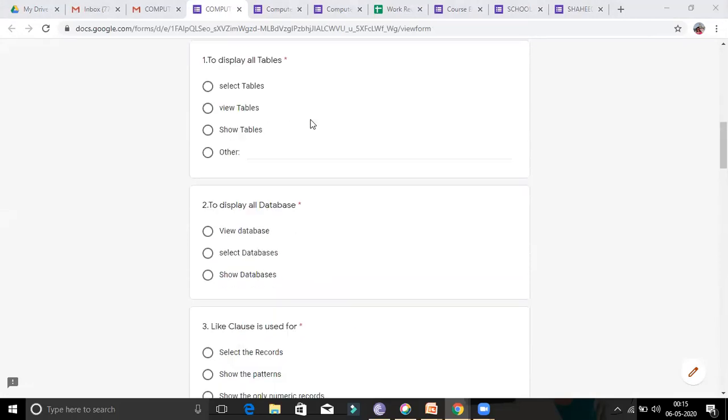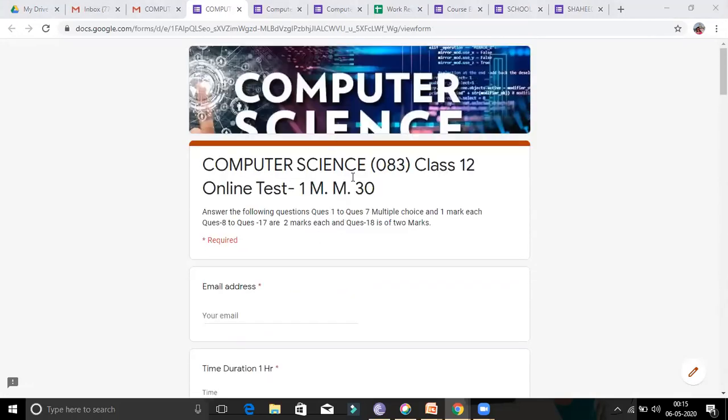It is visible here. In a WhatsApp group, you just have to copy and paste the link only, so all students can open it at once.